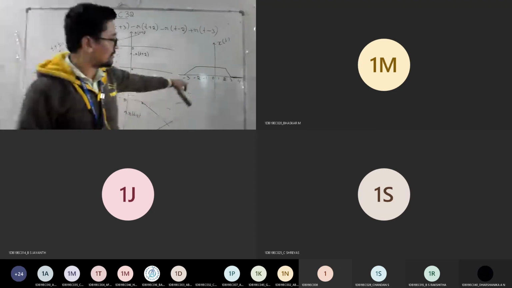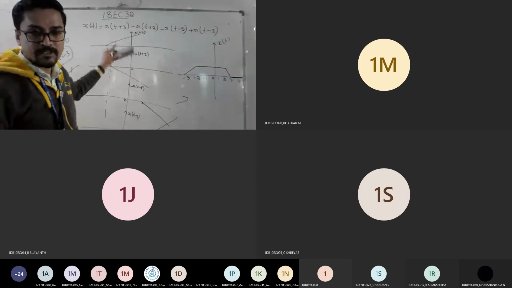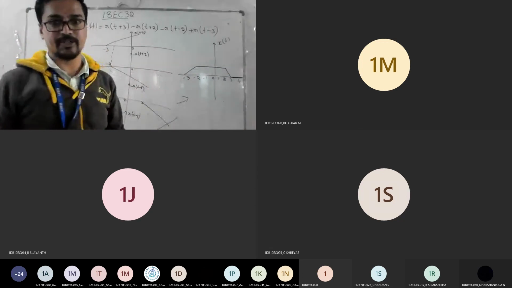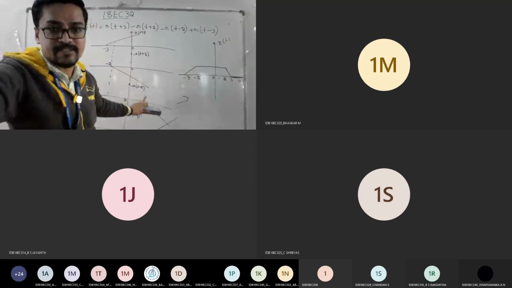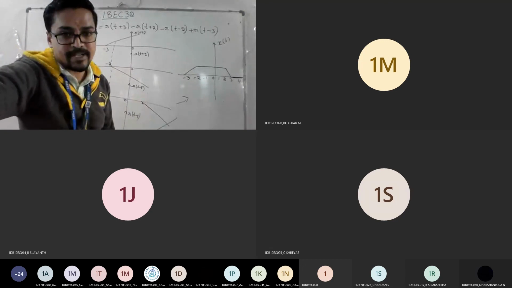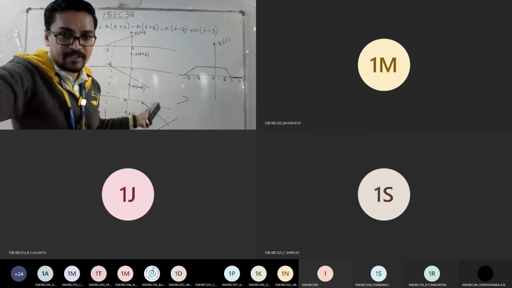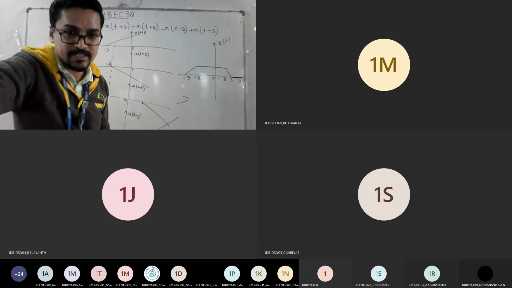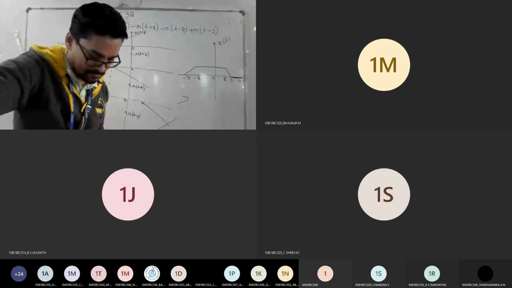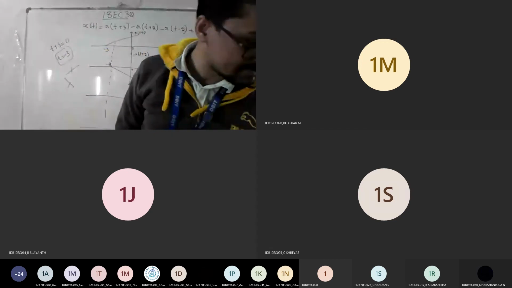So I hope everyone understood now. The question is this. They will give this as a question now, and for this question you need to do all this analogy and try to apply your Laplace, and that will get you the Laplace transform. So instead of u of t, r of t is there. The formula for Laplace remains the same. Remember the generalized formula I gave. If it is u of t, it is 1 by s. What is the formula for r of t? I think you have written that. What is the Laplace of r of t? Is it 1 by s squared?